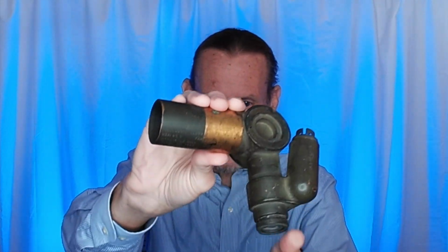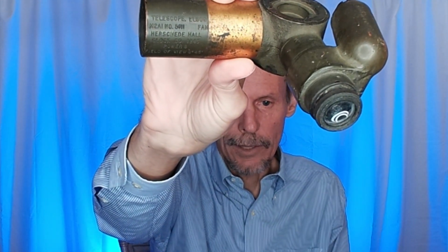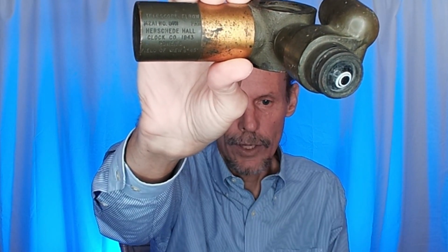Our next item here. And yes, I can actually see the monitor through it. It works very well. This is called a telescope elbow, and you can see that right there. And if you notice, pulling up, it's got a bunch of marks, and it says it's by Herschetta Hall Clock